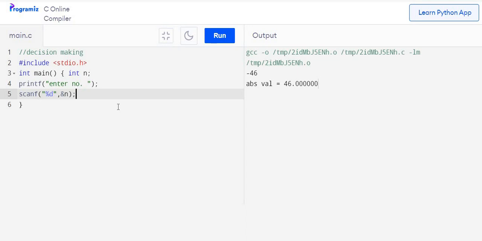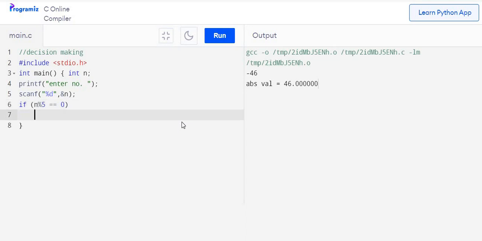So we have got the number. Now we have to check whether this number n is divisible by 5. For that we will divide this number by 5 and check the remainder. So if n % 5 is equal to 0. So if the remainder is equal to 0, n is divisible, otherwise it is not divisible.